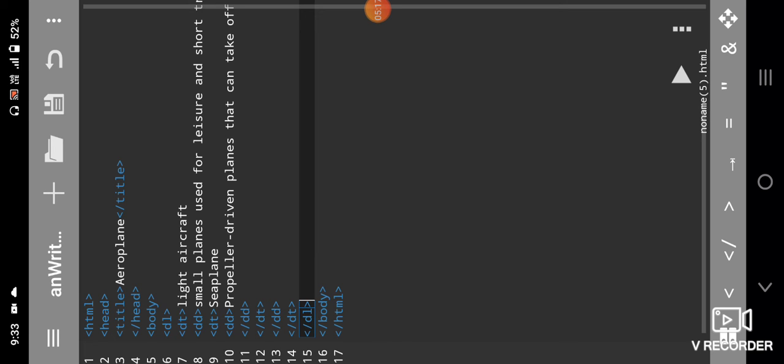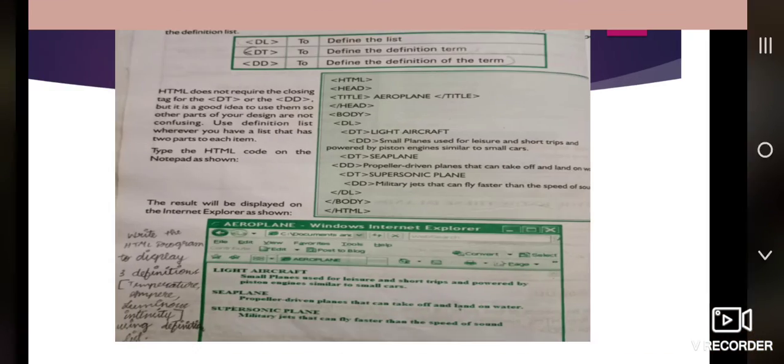In science you might have come across a lot of definitions, so for that you can prepare a simple HTML program by using the definition list. Okay, so this is the example for definition list, and this is about your chapter number 4, children.